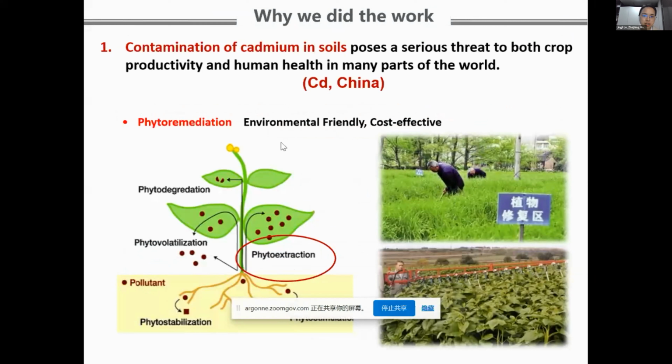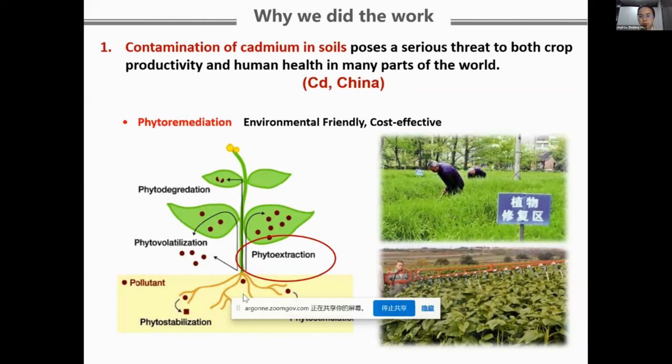In China, maybe 7% of the soil has been reported to be contaminated with cadmium based on the field survey. Phytoextraction, which uses plants to extract heavy metals from the soil, is very useful to